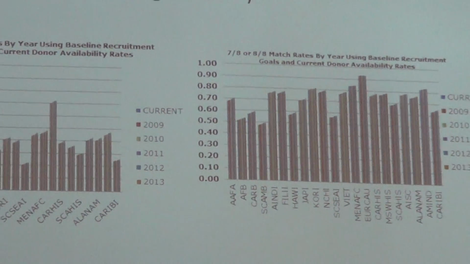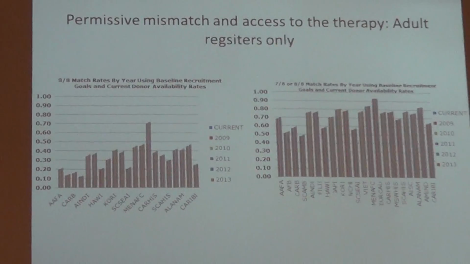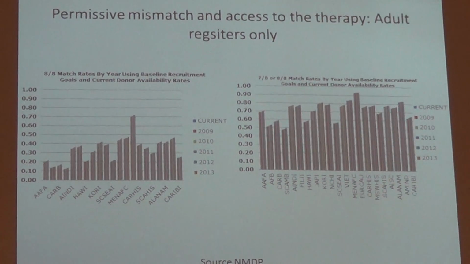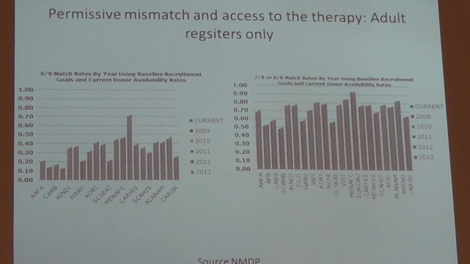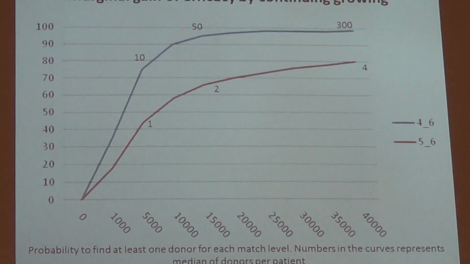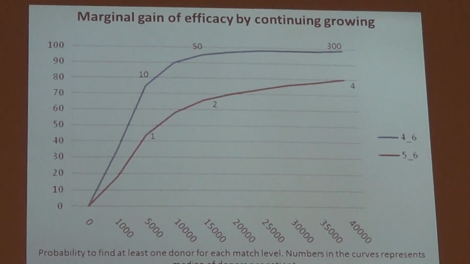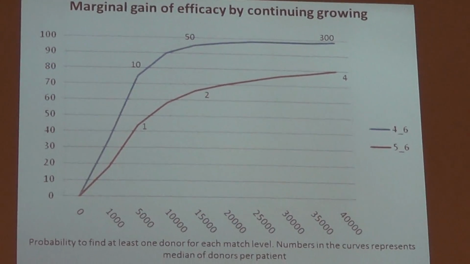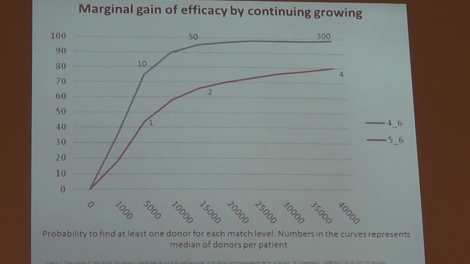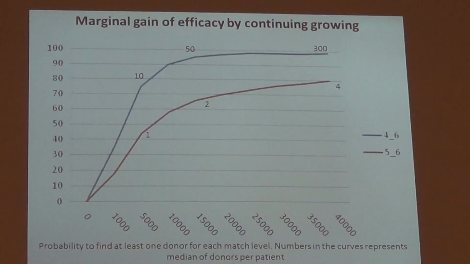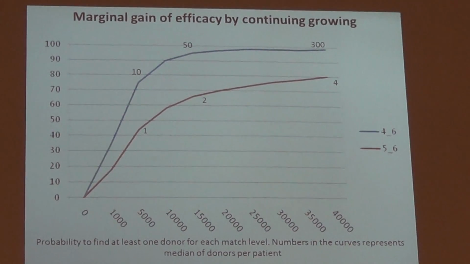So a way to circumvent the problem of HLA match is to go to a 7 out of 8, but without achieving a complete even access to a match. We published that paper in projection of the number of donors required for having potential good match in a cord bank, and came with